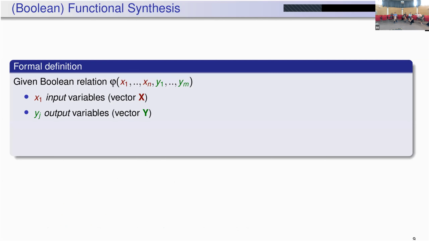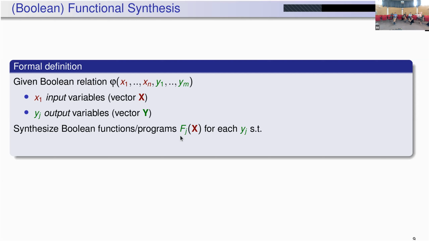Okay, so let's define this problem. We have a bunch of input variables, call them x_i, and a bunch of output variables, call them y_j, and we have a Boolean formula on these x's and y's that specifies some relation between inputs and outputs. And we want to synthesize Boolean functions or programs for each of the outputs in terms of the inputs. So for the output y_j, I want to synthesize a function f_j, which can look at all of the inputs in this version of the problem, and it generates a Boolean value 0 or 1, such that